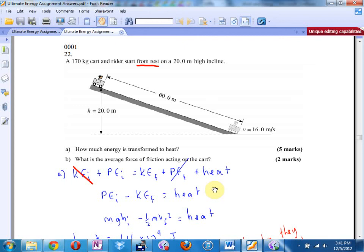Here you go. Here's what I was talking about. So here is where I give you a speed at the bottom. I say how much heat. And then now this one, is there a change in height? Yes. Is there a change in speed? Yes. Is there a yucky, curvy path? We could, if we were really gluttons for punishment, do this with Unit 2 and Unit 1. We could actually go winner minus loser. We could actually find the acceleration. We could actually find the friction force. We could actually find...